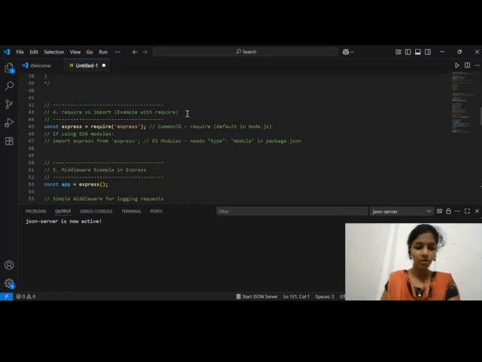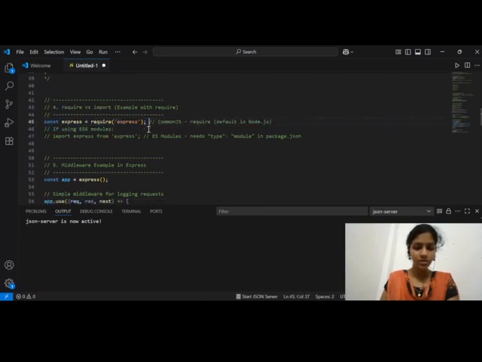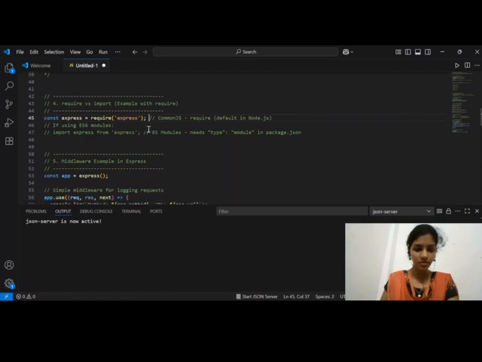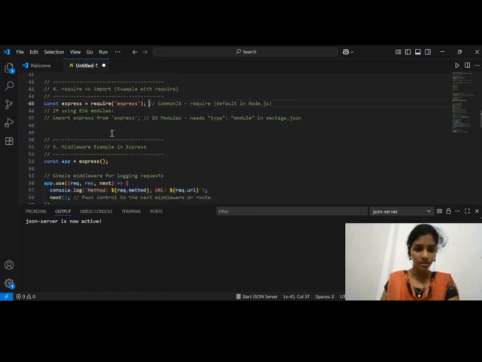It is default in all Node.js versions, for example const express = require('express'). This is a require statement. Whereas import, if using ES modules, then we can use import statements like import express from 'express'.